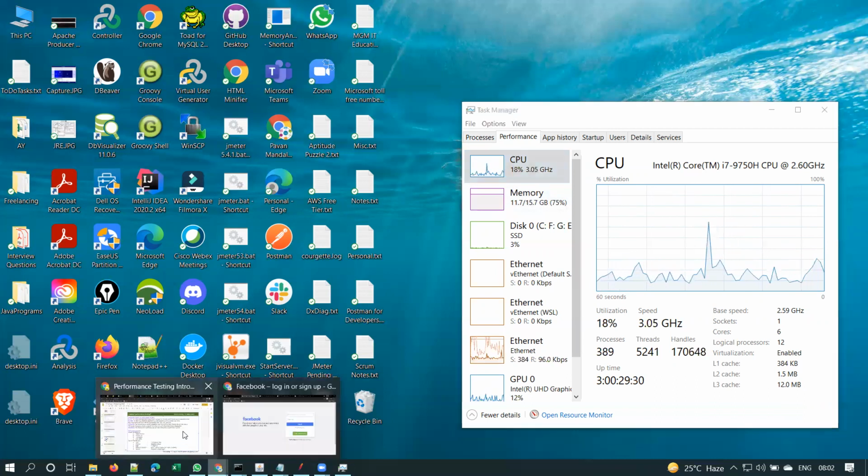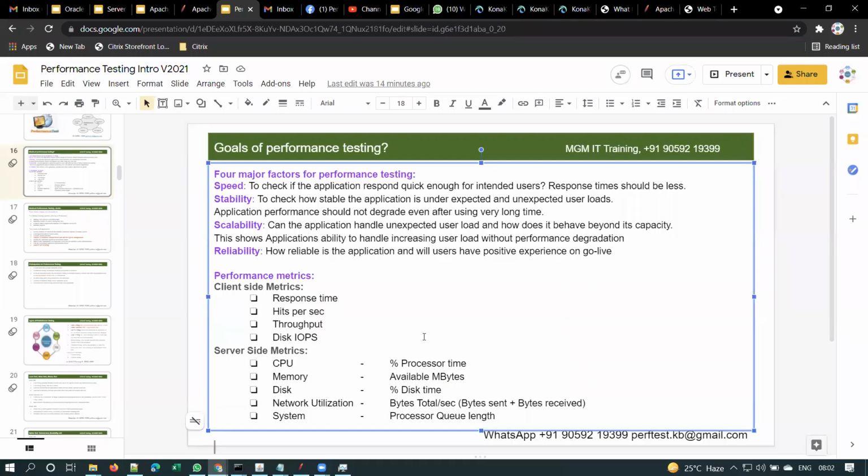So, in the same way, if you are testing any software application and you want to see if you are facing performance issues, meaning your page is loading slow or your website is not responding, then these are the important server side metrics to monitor. What are those?